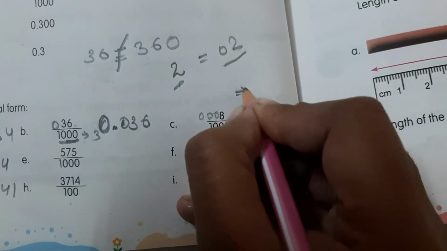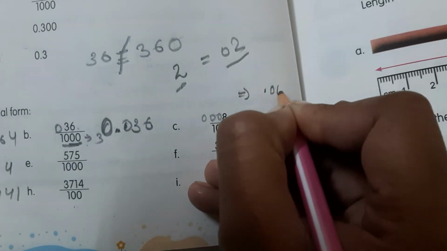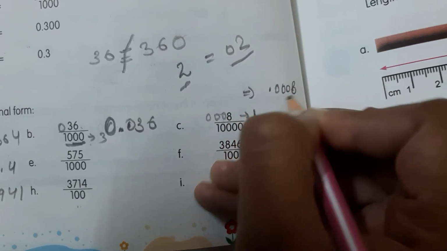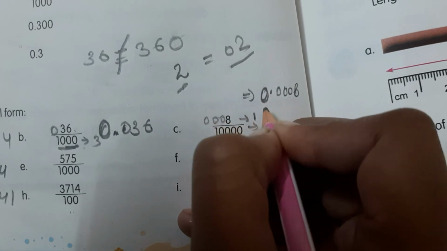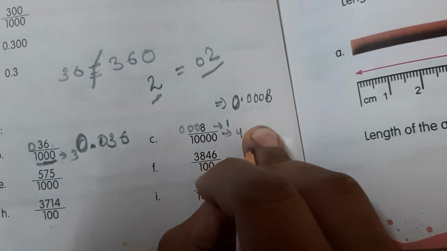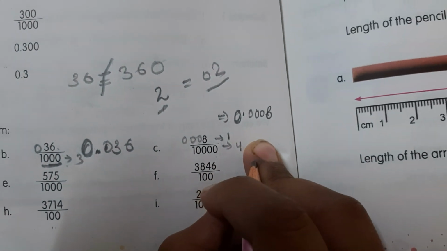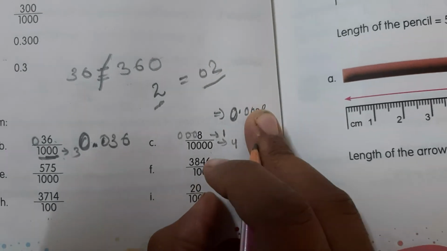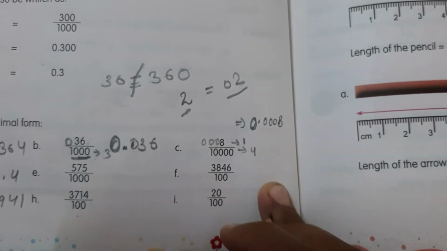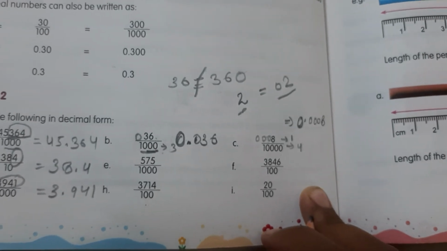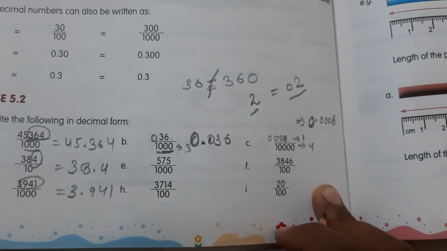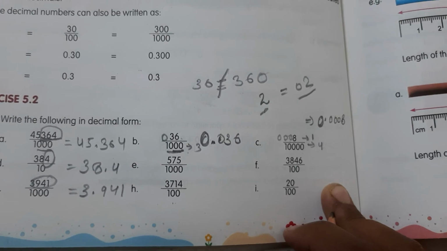Now put the decimal point. If you are putting it here, 0.0008, okay, and in front of the decimal, if there is no whole number, then you can take here the 0. The number becomes a decimal, 0.0008. Understand now how you can do it? Remember always, the number of 0s in the denominator is based on the number of decimal digits.